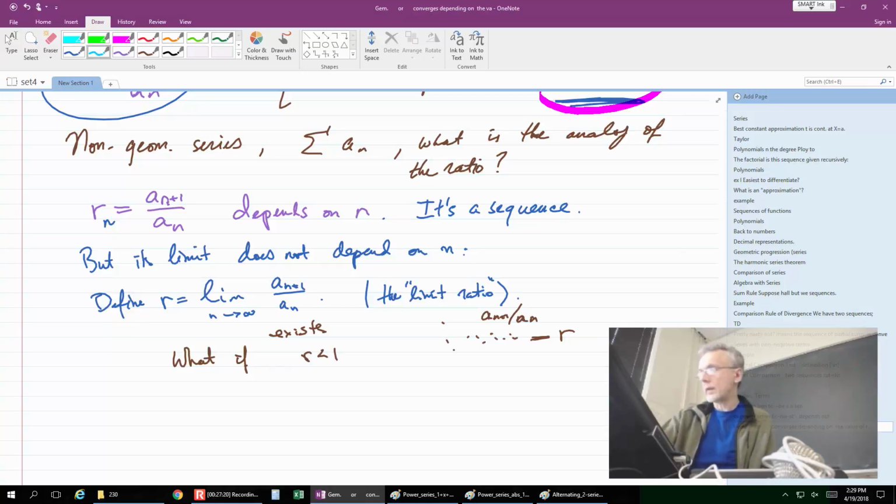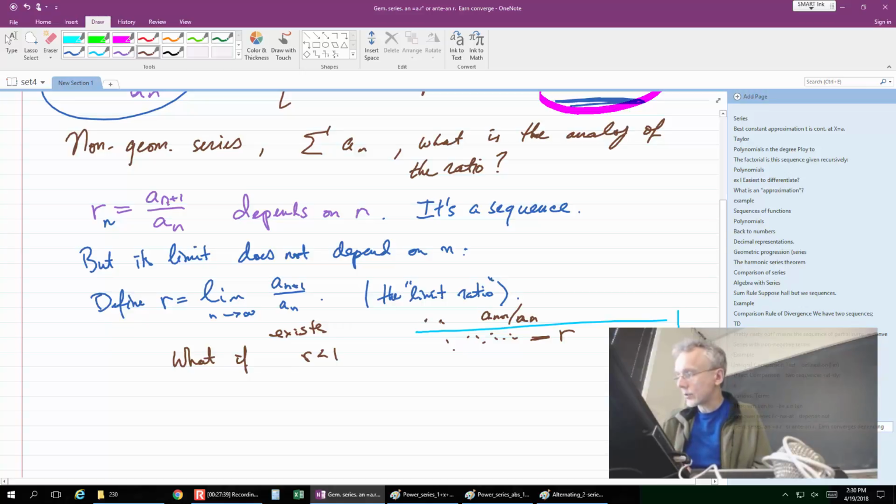Okay, so then this is 1. R is below 1, and our sequence converges to R, which means that eventually, that's the nature of convergence. Eventually, the tail of our sequence of ratios will be below that level. It will be less than 1.